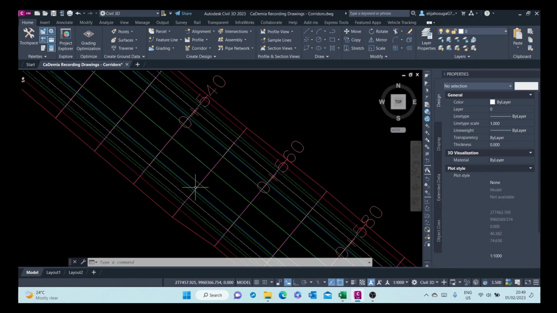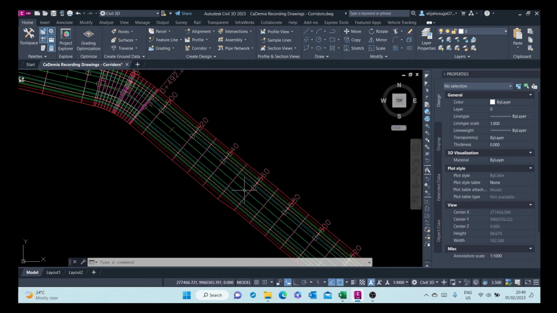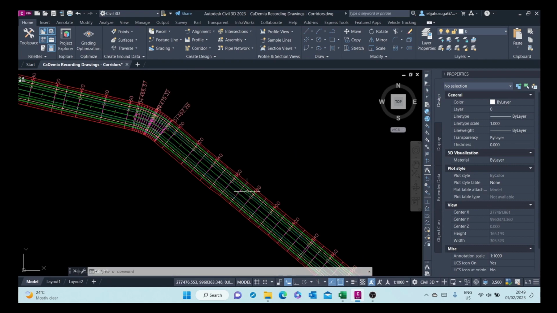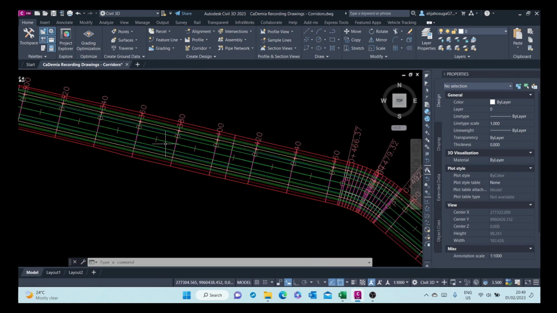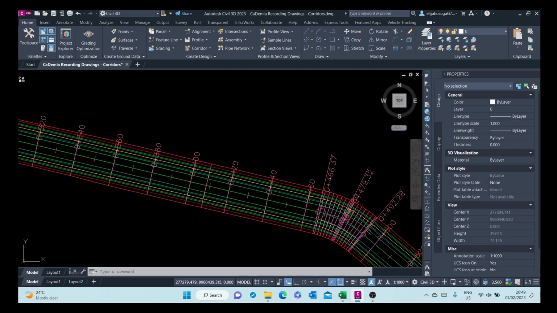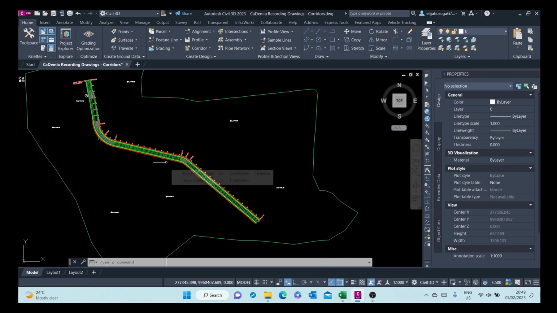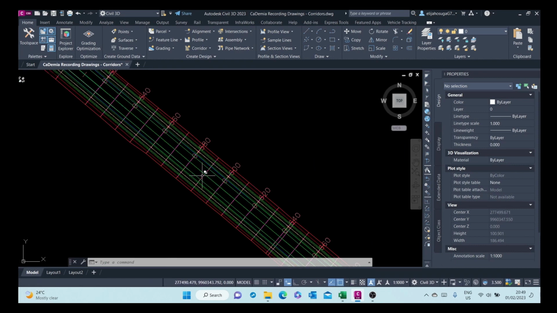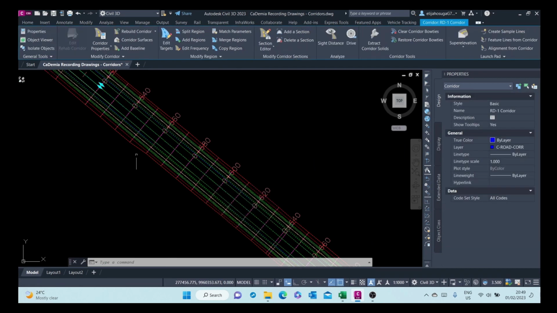For example, you have this line showing the frequency, and here upstream you can see the frequency was 20 meters. Okay, and you can click on the corridor,